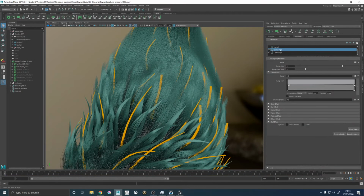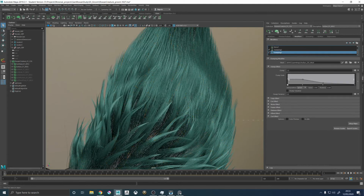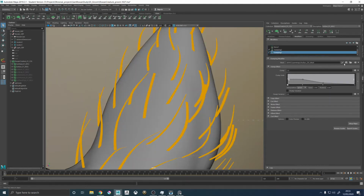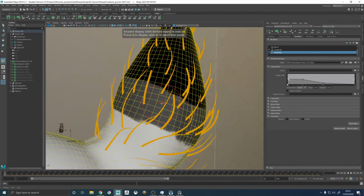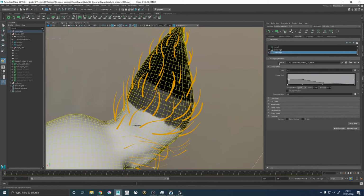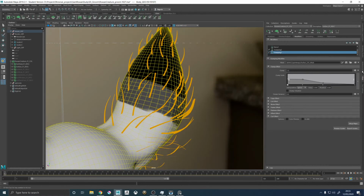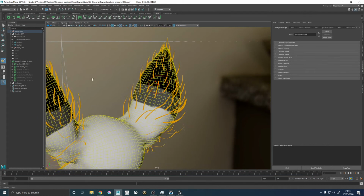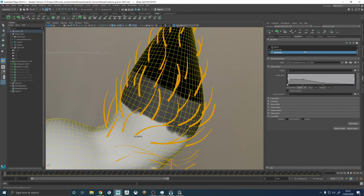However, one thing I very strongly recommend is that in your clump maps, so let's just show the guides, hide this, and then go back into paint this map. Try to avoid grey areas. So obviously in this case I blocked it out with a great big grey area, so we're going to have a lot of difficulties with it. So rather than use grey to say, oh, this area is half clumping, a different way to approach it, and this can be a nightmare for symmetry because obviously you have to repaint it every time. But rather than use grey,